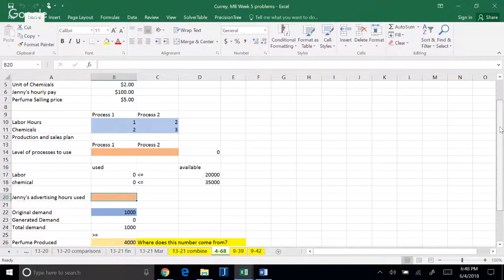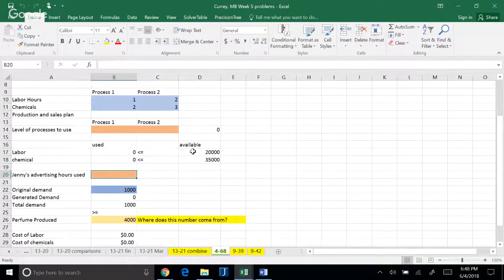So your perfume produced should be, I believe it is just a sum of the amount used using process 1 and the amount used using process 2. So I just want to confirm that really quick. Oh, wait, no, I'm sorry. It's a sum product of these two, right? Because it is